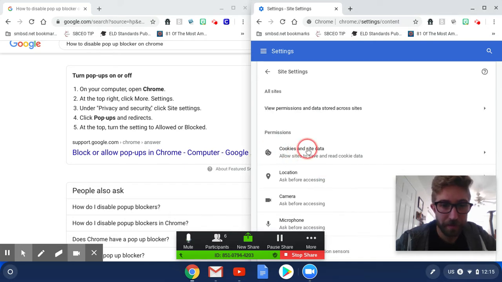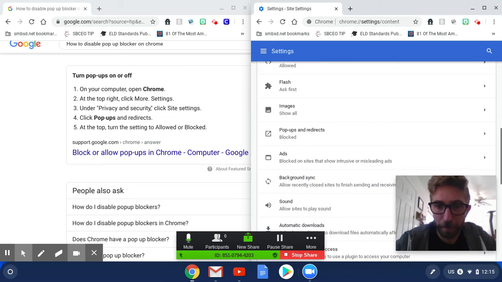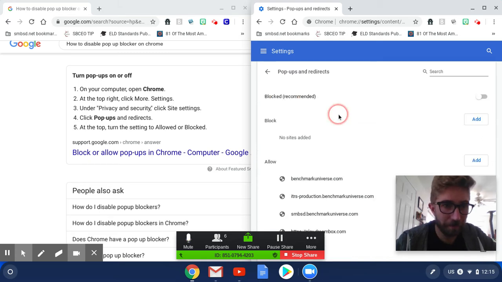Now it says click pop-ups and redirects. So I'm going to scroll down. I'm looking for pop-ups and redirects. There it is. Okay, so I'm going to click on pop-ups and redirects. And then it says that's done. That's step 4. We're done with that. It says at the top, turn the setting to allowed or blocked. Okay, so